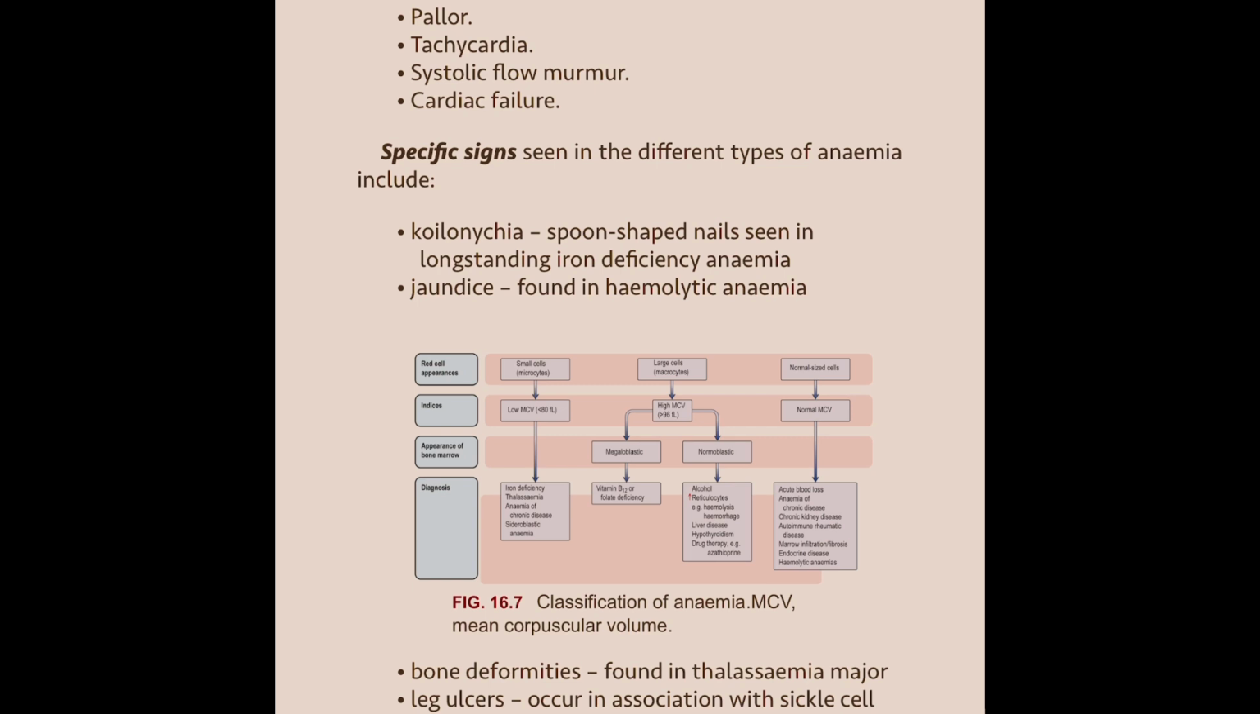Diagnosis: small cells microcytic, large cells macrocytic, normal size normocytic. Low MCV, high MCV, normal MCV. Megaloblastic, normoblastic, iron deficiency, thalassemia or anemia of chronic disease, sideroblastic, vitamin B12 or folic acid deficiency, alcohol, increased reticulocytes for example with hemolysis or hemorrhage, liver disease, hypothyroidism, drug therapy such as